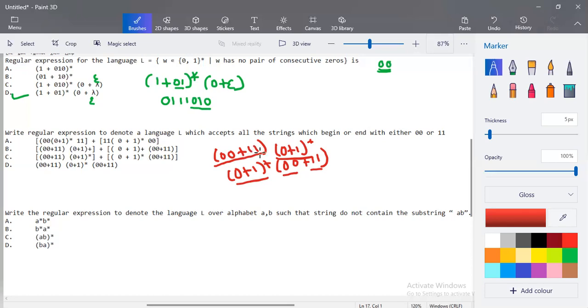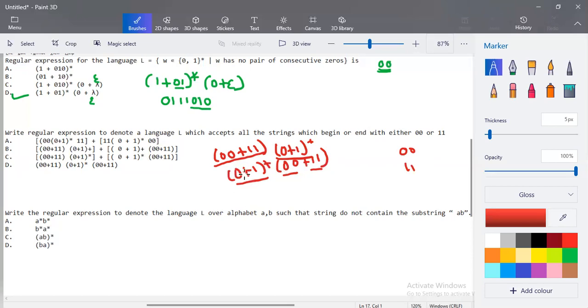Okay, so it is not mandatory, and with (0 plus 1) the whole star actually, even if my input is 0, 0, it has to be accepted. The reason is it begins with 0, 0. Even if my input is 1, 1, it has to be accepted. Okay, since it is ending with 0, 0 or beginning with 0, 0, all possible conditions have to be satisfied. So here in this question, it is made mandatory that (0 or 1) the whole plus, at least one 1 or 0 should be there, and that has to begin with 0, 0 or 1, 1, or (0 or 1) should be exactly there followed by 0, 0 or 1, 1.